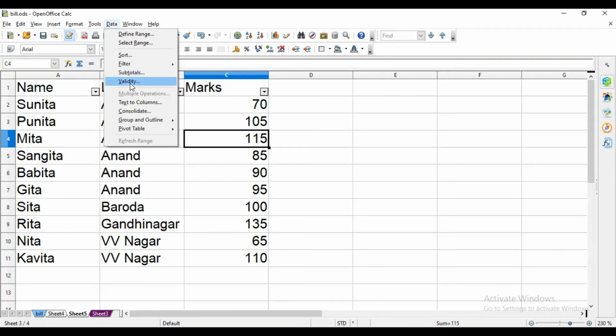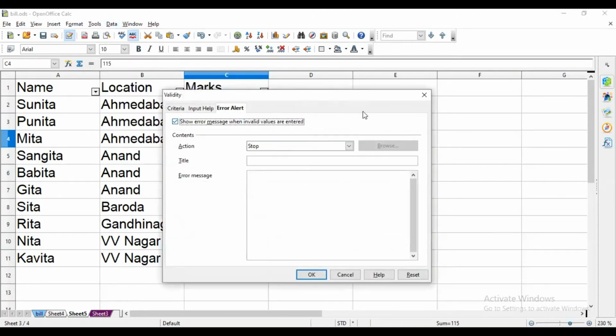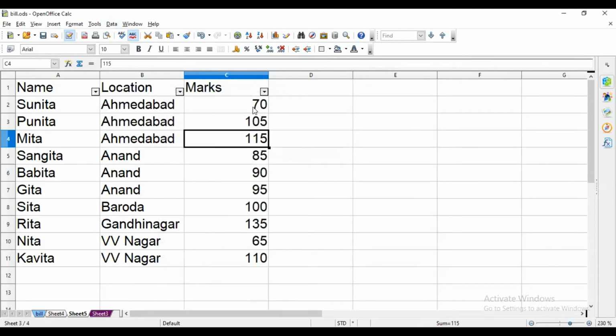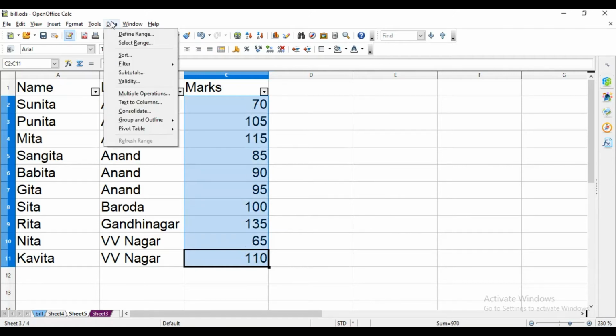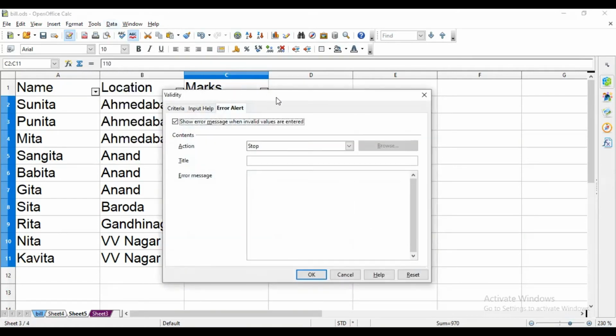Now here data validity is there. For example, we want to make sure that no one enters negative marks. So select this range, go to data validity.